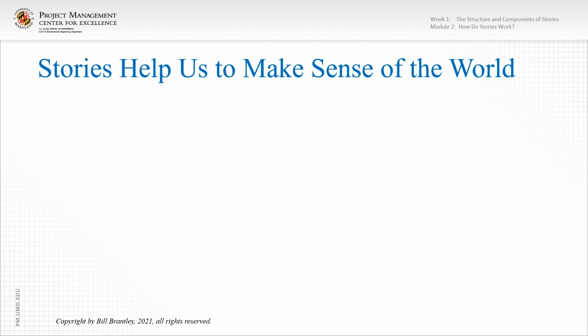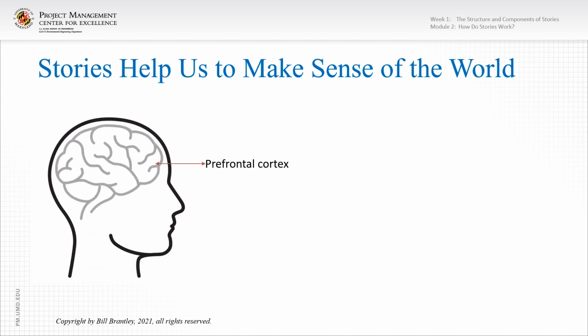And a lot of brain research out there, people are finding that our brains are pretty much prediction machines. And when we're doing thinking, a lot of times we're trying to predict someone's behavior, we're trying to predict what's going to happen next. And this is based on our experience. And we kind of encode our experience into stories. So when we're out there looking at the world, and most of the time it's through our prefrontal cortex, which is our higher order thinking, we're trying to make predictions about what's going to happen next.